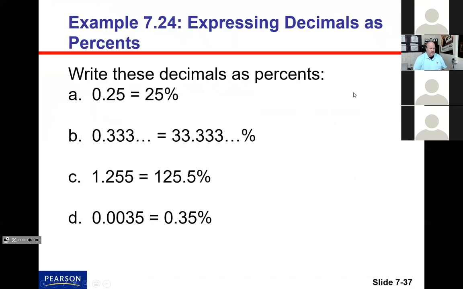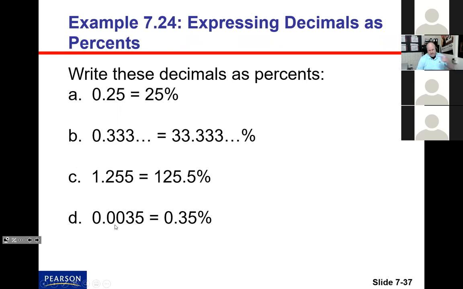Let's go back to here. Okay, so the other one, 1.255. Well, again, you're timesing by 100, so you're moving it 2 decimals. So you still move it 2 decimals, you get 125.5%. Well, we can't give more than 100%. Well, of course you can. In math, you can give way more than 100%. Okay,